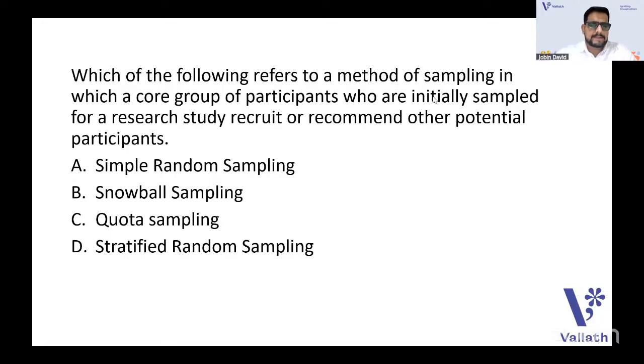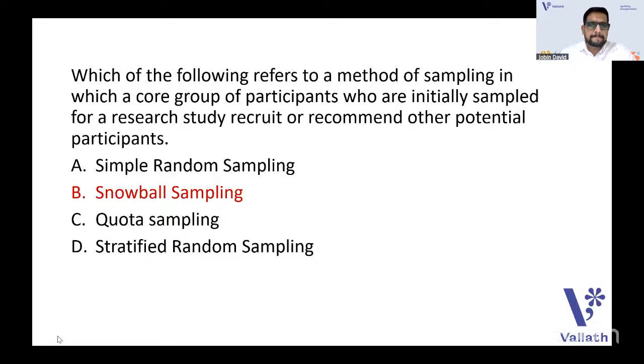Is it simple random? Is it snowball sampling? Is it quota sampling? Or is it stratified random sampling? Many times we have discussed these types of questions in research aptitude in paper 1 revisions. See, what is the answer? The answer is snowball sampling. Snowball sampling is also known as chain referral technique or chain referral sampling. That means one by one, if you have one sample and then that sample is referring the other one, like a money chain if you can relate it.